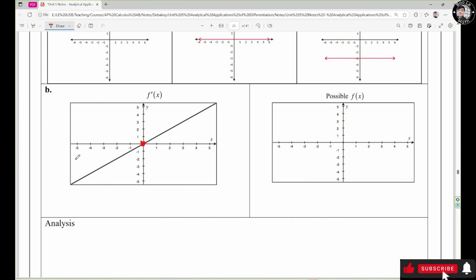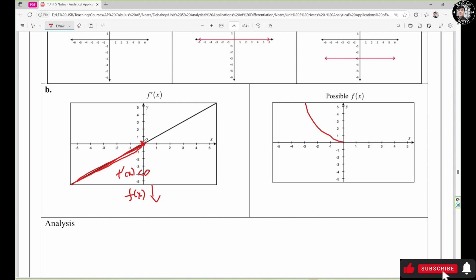Now we need to look at this one right here, this guy below the axis, right? So it's going to be less than 0, right? F prime of s less than 0. It tells us that the function f of s is decreasing, right? So it could be like this,